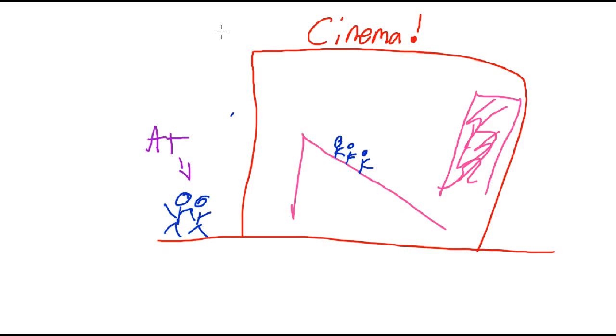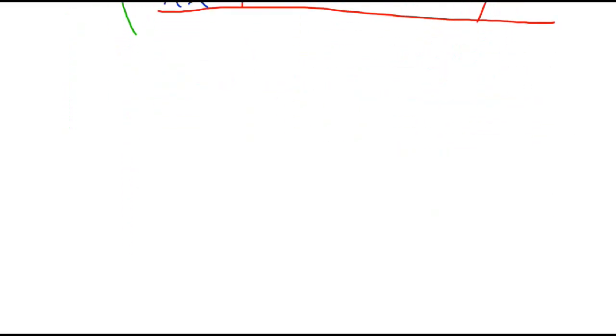But remember, at is the general area. Okay, it's all this area here. All that area is at. But maybe they want to be more specific. They say, we are at the cinema. Where specifically are you at? Well, you could possibly say, we are outside the cinema. So we're still at the cinema because we're in the general area of it, the general location. But if you want to be more specific, you can say outside the cinema. Okay, so at is very good when you want to be general, but it's not very good when you want to be specific. All right. So hopefully that will give you a clearer picture of that.